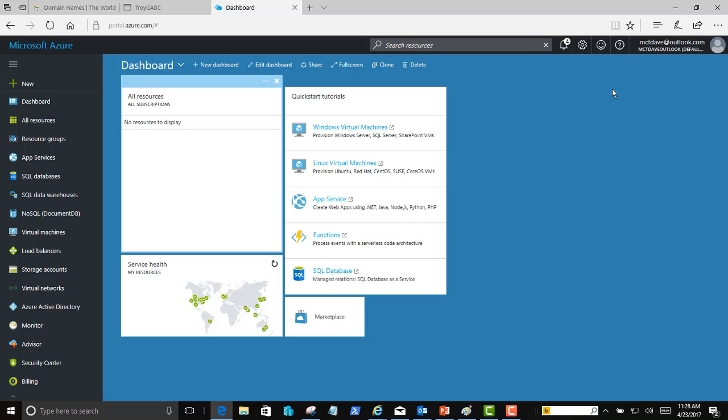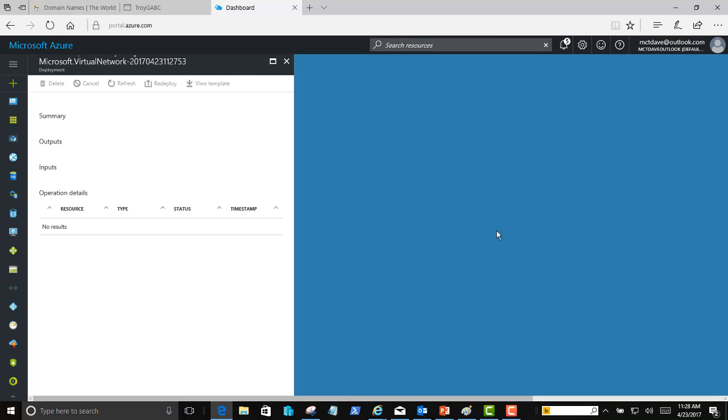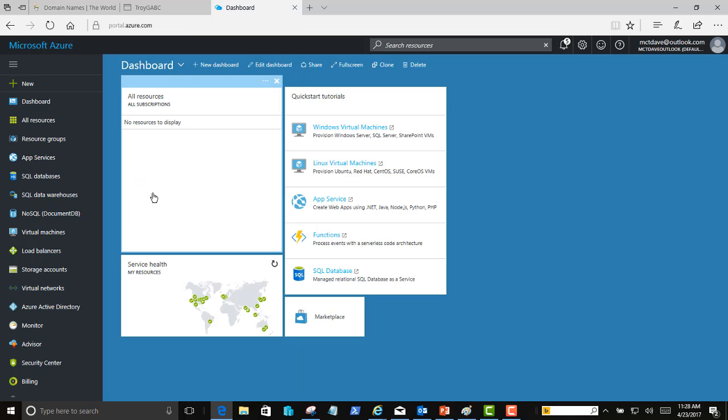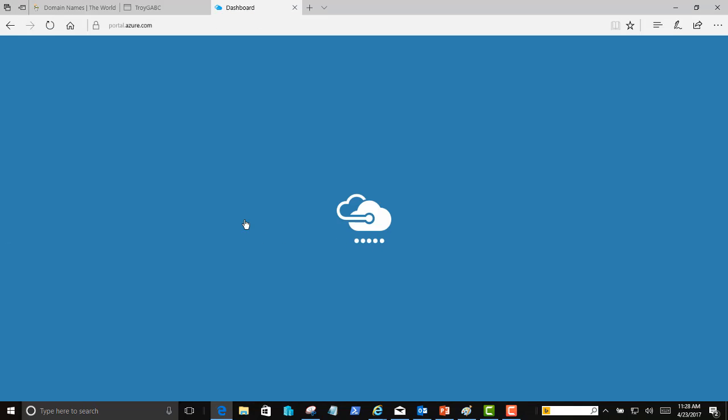Notice it says deployment started and then succeeded. And now I have it. The next thing we're going to do is make a couple of subnets within this address space. I just want to refresh this page and get my resources.